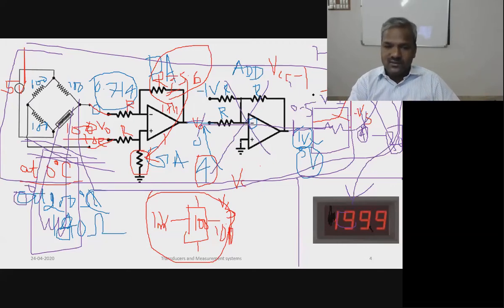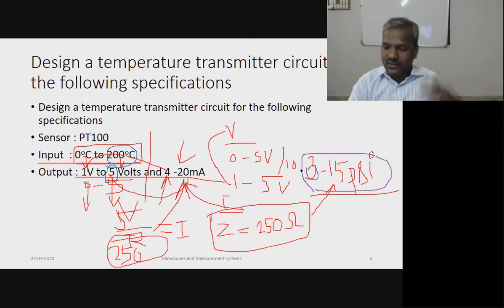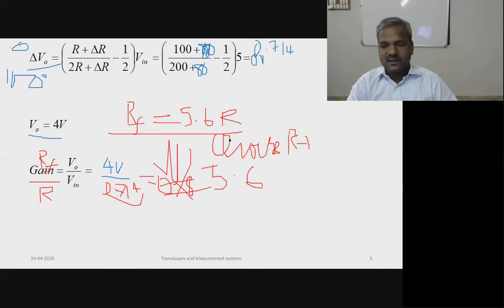That's why in instrumentation industries, they have different standards. Voltage standard 1 to 5 volt, current standard 4 to 20 milliampere. Similarly, for pressure signal, if we have the range from 0 to 15 psi, when the sensor fails, we get 0 psi only. If the sensor is exactly working at 0 pressure, then also we will get 0 psi. To avoid such confusion, we have a minimum range 3 to 15 psi. So this is about the RTD signal conditioning circuit.